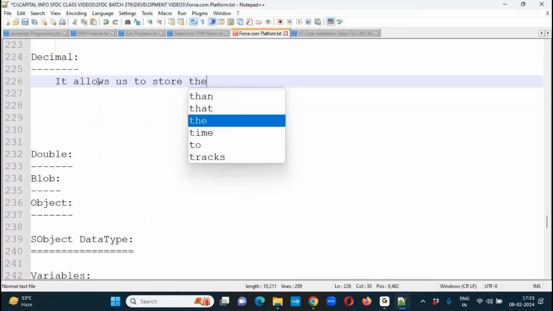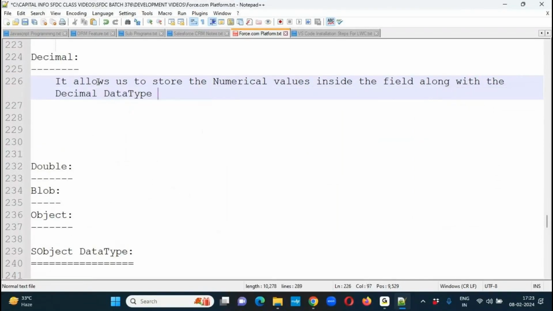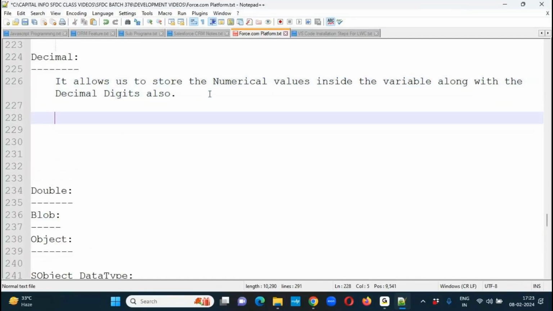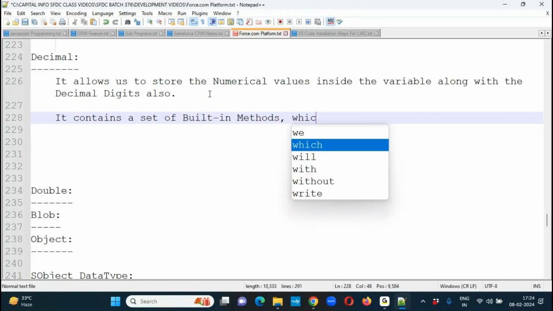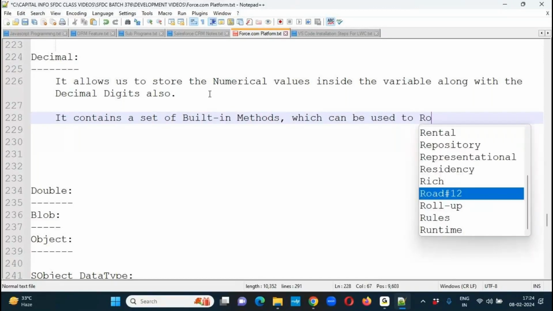It allows us to store numerical values inside the field or inside the variable, along with the decimal digits also. It contains a set of built-in methods which can be used to round up the values